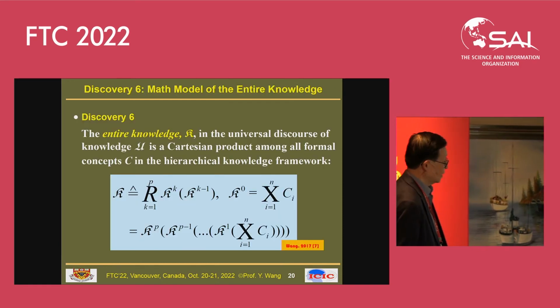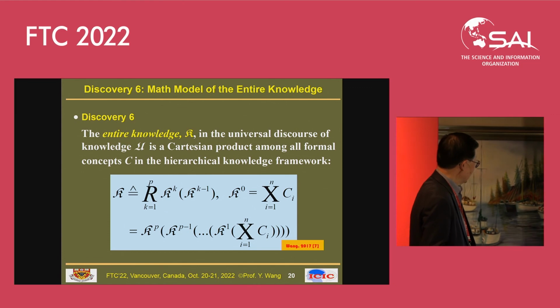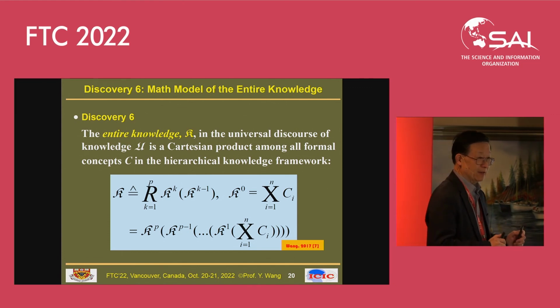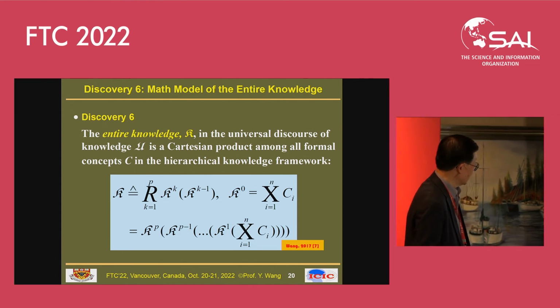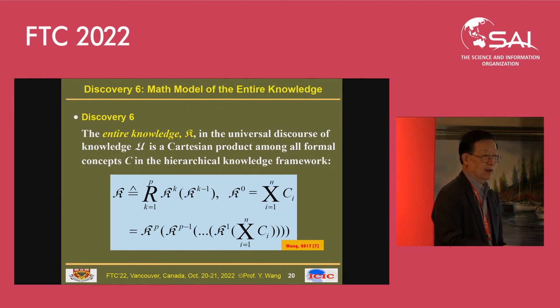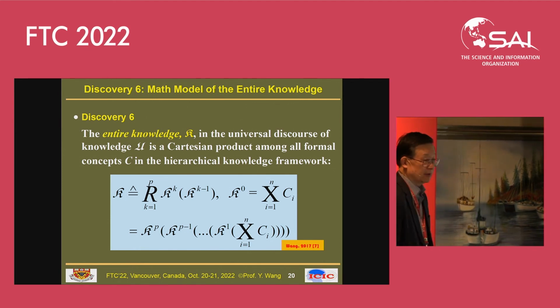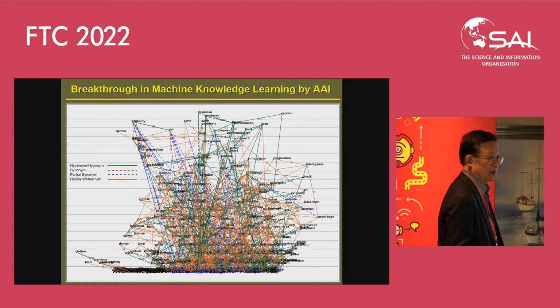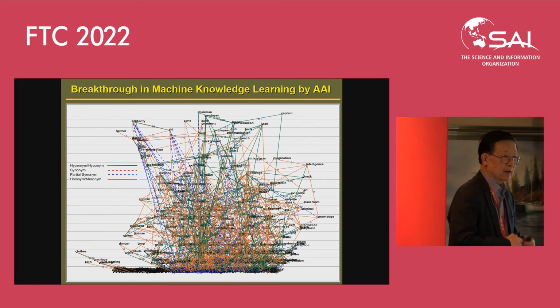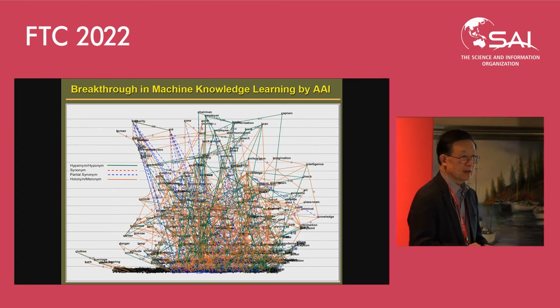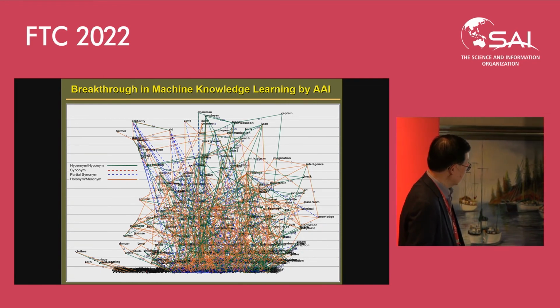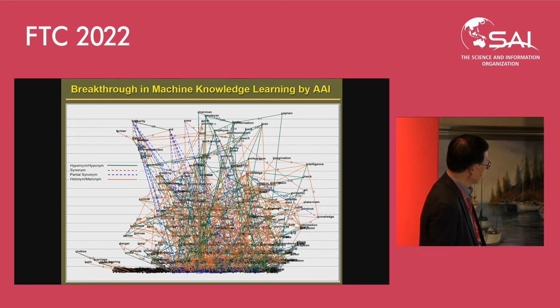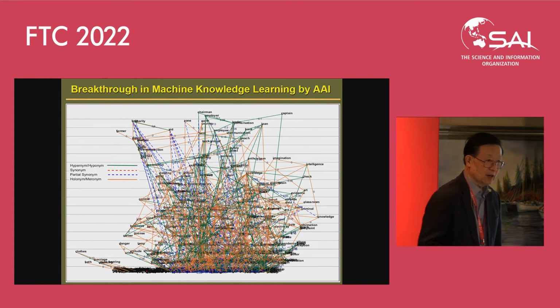Okay, I may skip something because time is limited. And so that's our mathematical model of the entire knowledge in the brain. And then this may be implemented in machine learning algorithms. So this is the intelligence-based machine learning. The eventual machine may capture our knowledge in a rigorous way and in a fast way. You see, for this kind of thing, we call it knowledge modeling based on technology ontology.